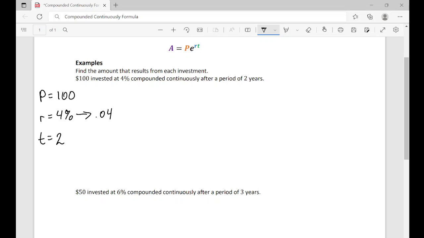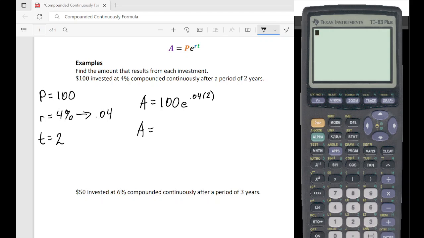So that's all we really need to know. So now we can take what we know and put it into our compounded continuously formula. So A equals 100 e to the 0.04 times 2. And here, just use your calculator. Make it very easy on yourself. So we're going to plug what we have written in. So it's going to be 100, second ln for e, raised to 0.04 times 2. Close,